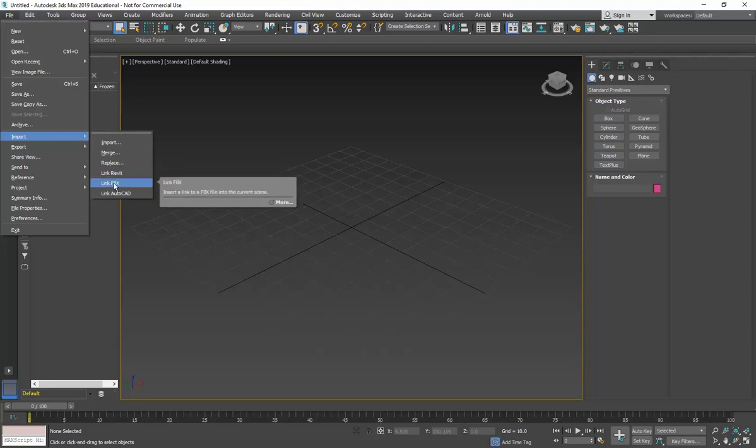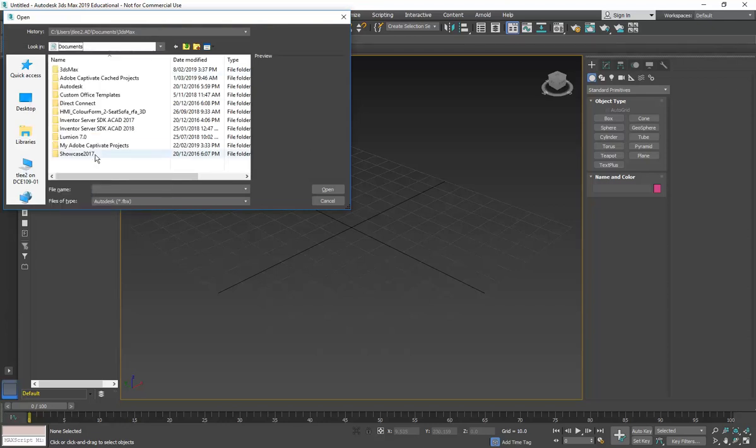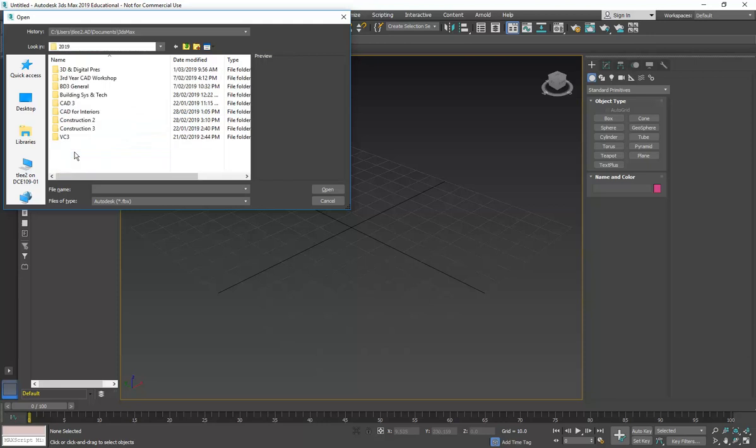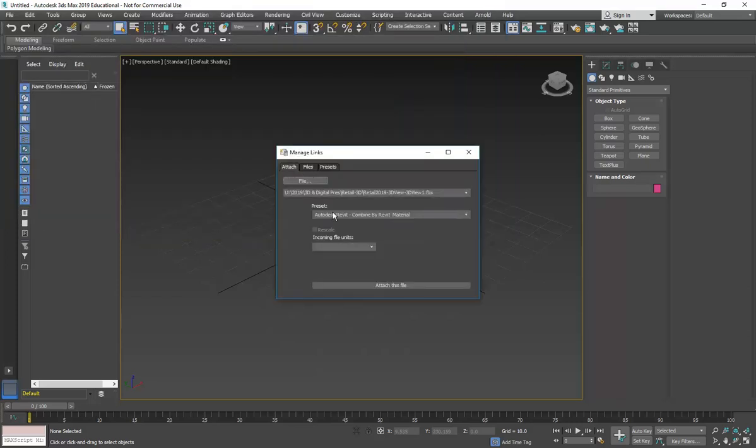So I'll do link FBX, and then go to the folder that I just saved into, and there it is. So there's my FBX file. It's weird. It'll tell you sometimes that it's an AutoCAD FBX. It's not an AutoCAD format, but that's how it is. So anyway, it's the right file. Click Open, and